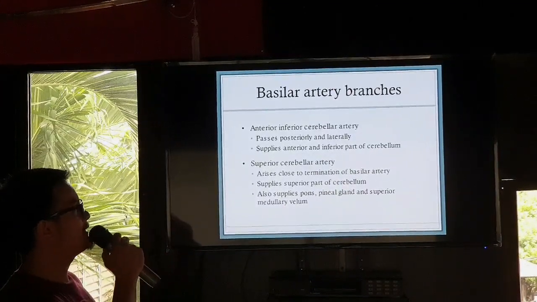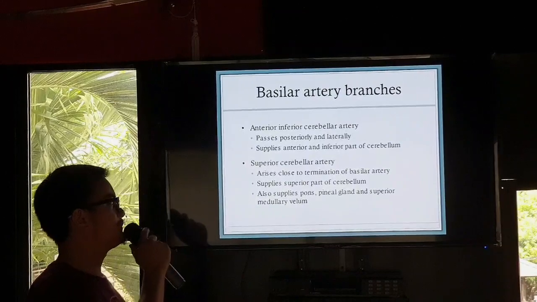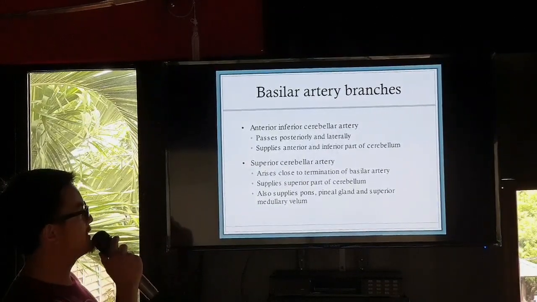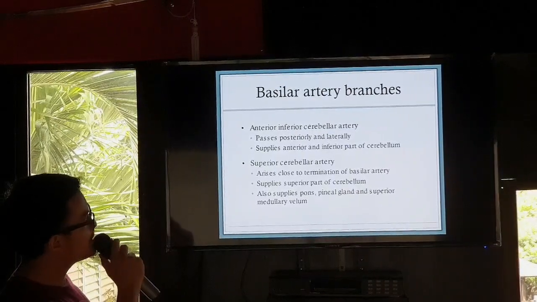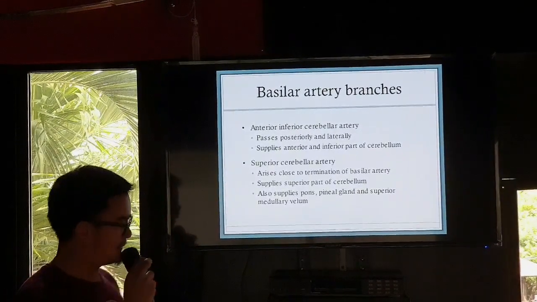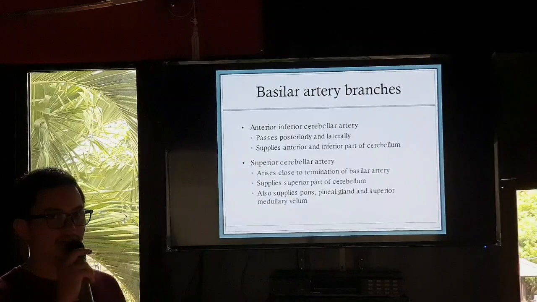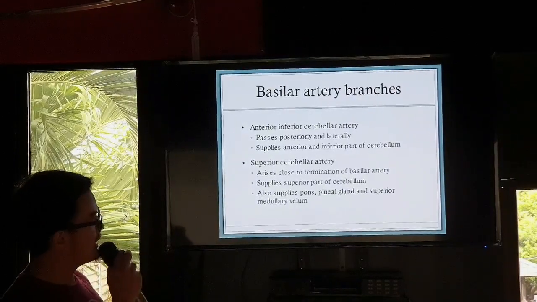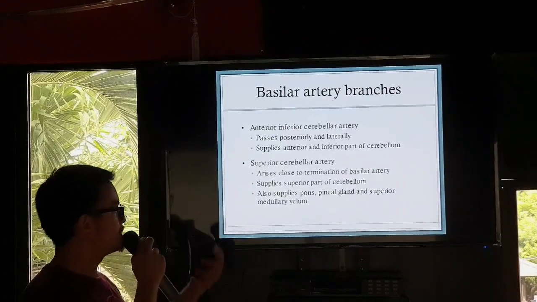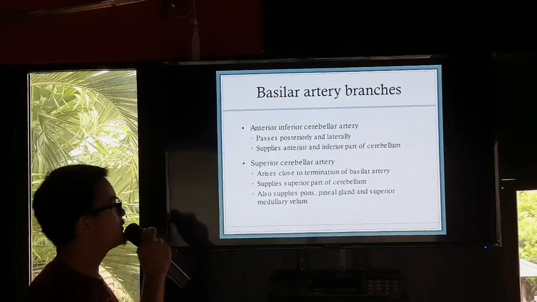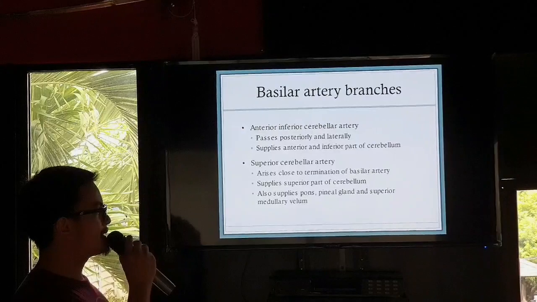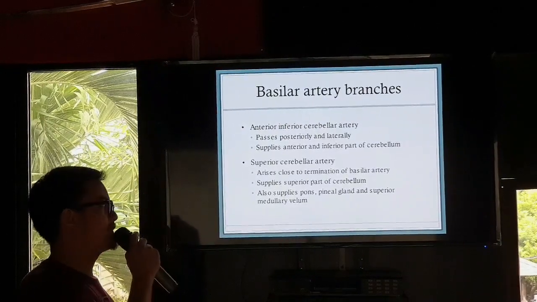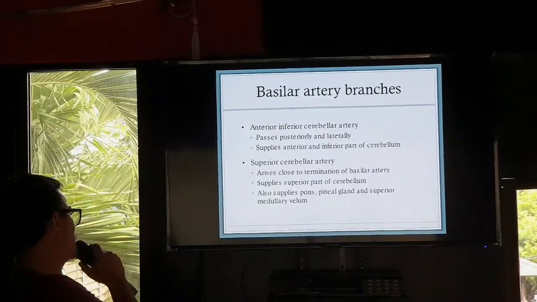Okay, so the anterior inferior cerebellar artery passes posteriorly and laterally and supplies the anterior and inferior part of the cerebellum. So pretty much self-explanatory for these arteries. Their names are the areas where they supply arterial blood. So the superior cerebellar artery arises close to the termination of the basilar artery. It supplies the superior part of the cerebellum and also parts of the pons, the pineal gland, and superior medullary